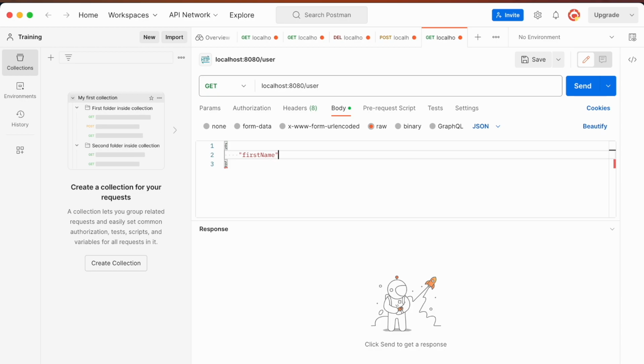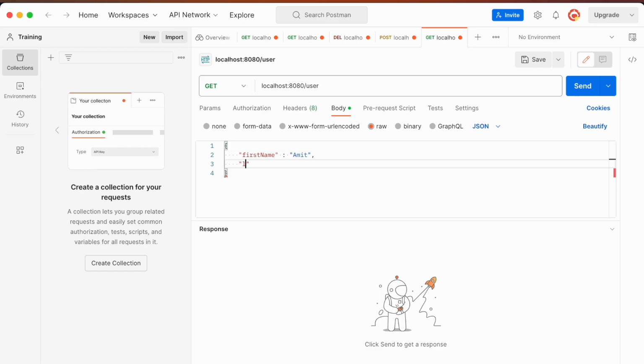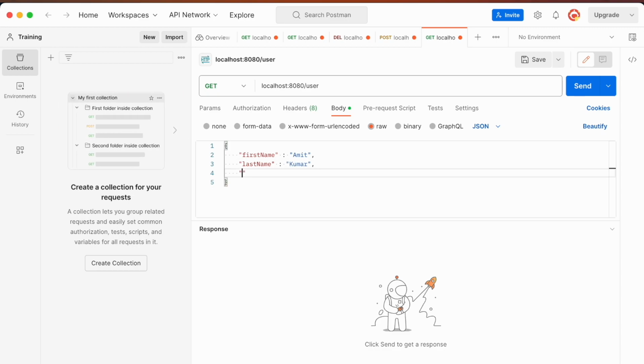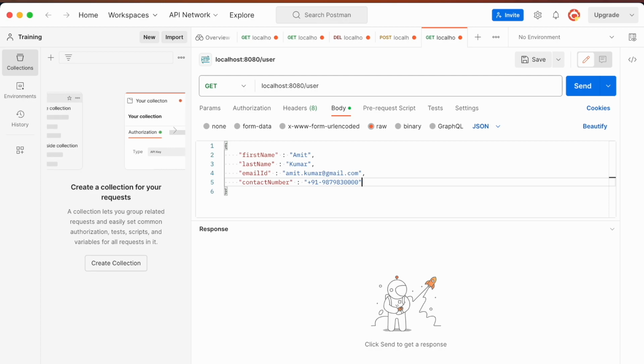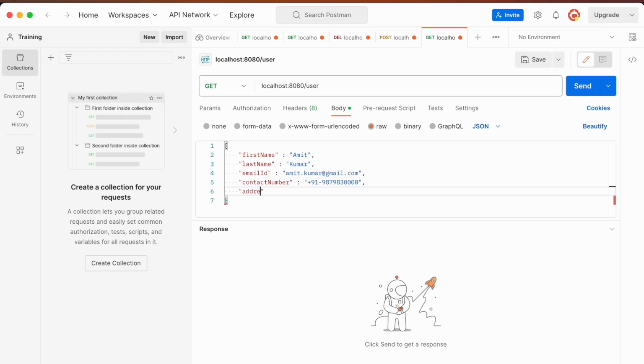So first name, let's keep this first name Amit, then the last name, let's say Kumar, then let's say the email ID, amit.kumar@gmail.com, then the contact number, let's say I keep this like this, some random number, then the last thing is address.